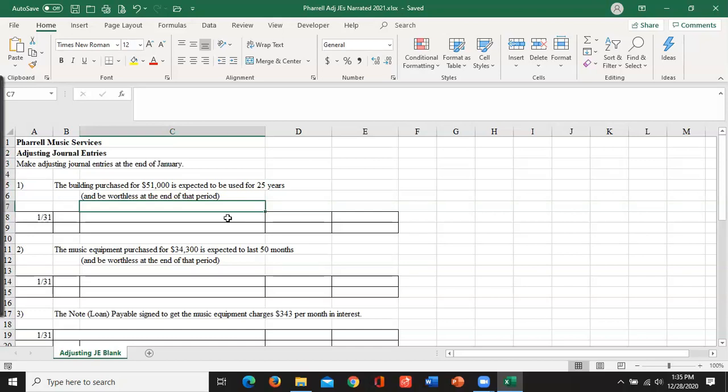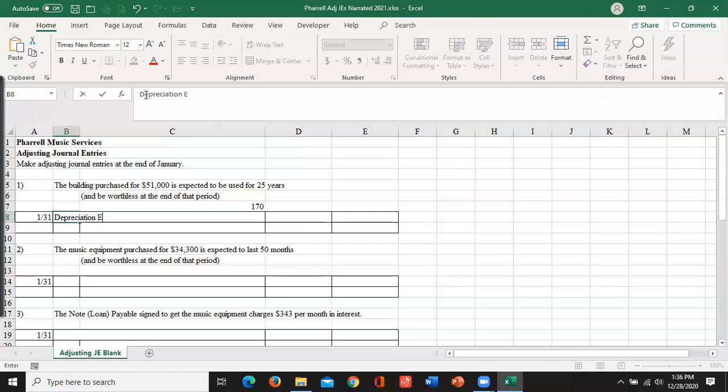We bought it for $51,000. That happened in one of the very first journal entries we did. But then we have to estimate how many years we're going to use it. So we're just guessing we'll use it for 25 years. I want to take that 51,000 and divide it by 25 years times 12 months, because we're doing this monthly. It's $170 per month. My journal entry is always, with the debits first,